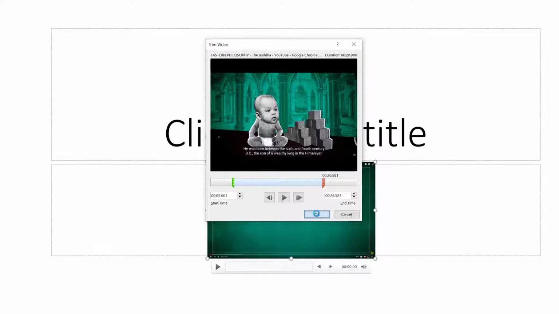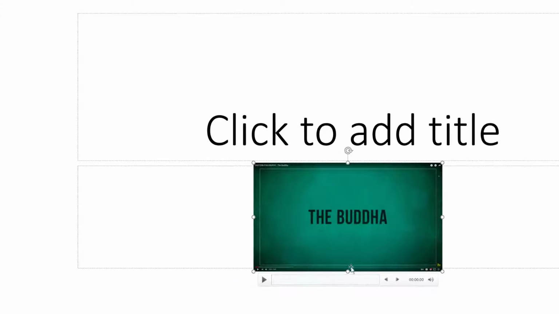And that's it. If I click OK, I've now trimmed it. So if I select play,